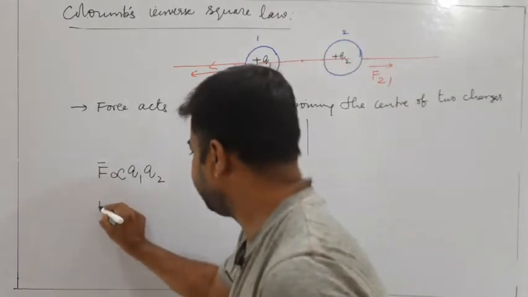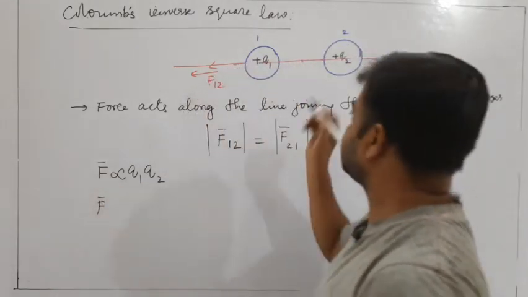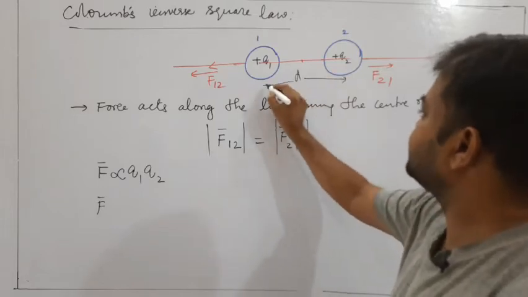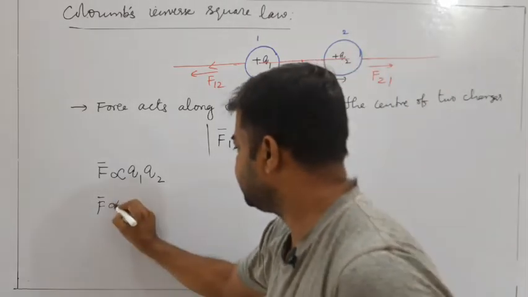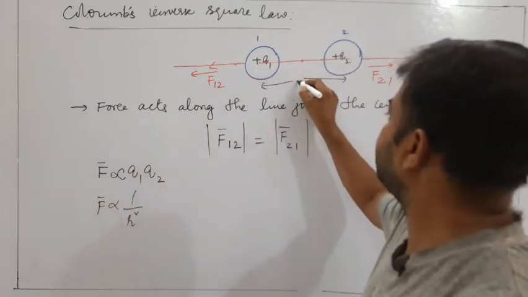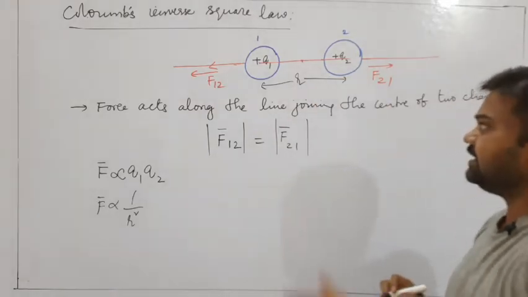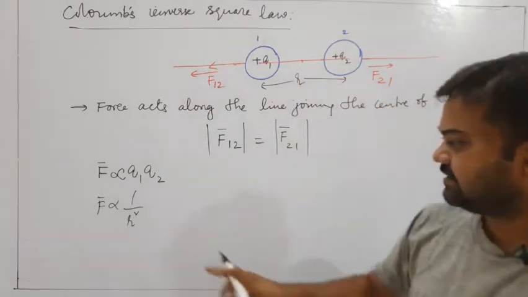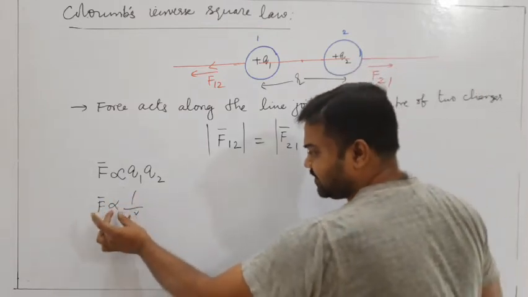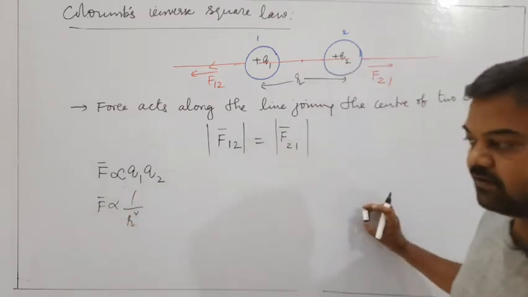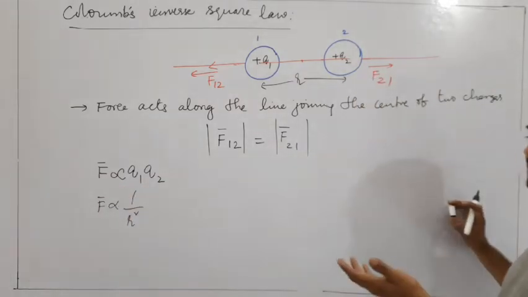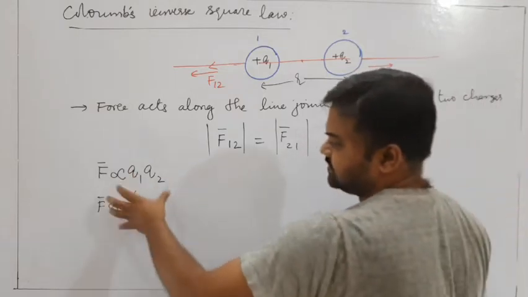And this force of attraction or repulsion, this is what we have a distance, and it is inversely proportional to the square of the distance. If you consider this as r or d, whatever it may be, ఈ రెండింటి మధ్య డిస్టెన్స్ r అనుకుంటే, this force of attraction or repulsion is inversely proportional to distance. Okay, F is proportional to 1 by r square, or F is inversely proportional to r square. Okay, these are the two